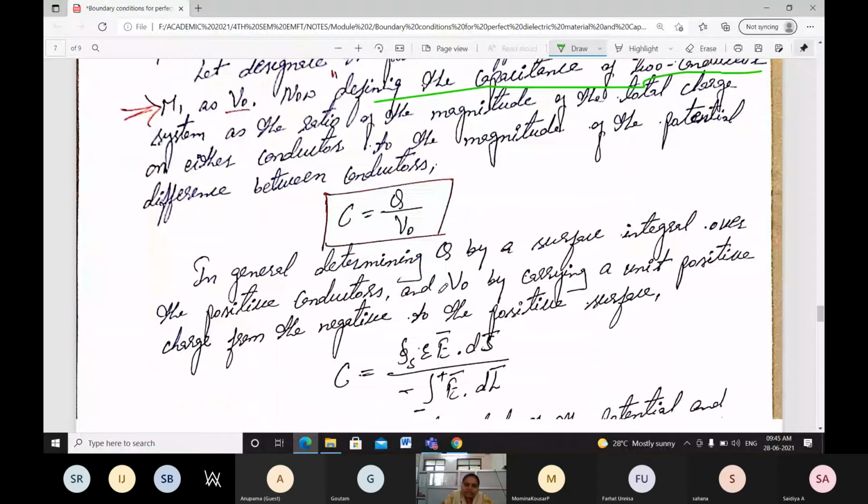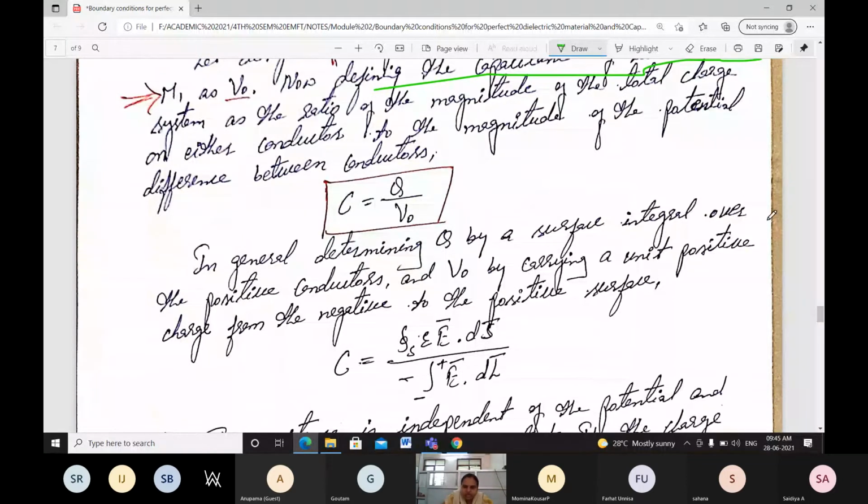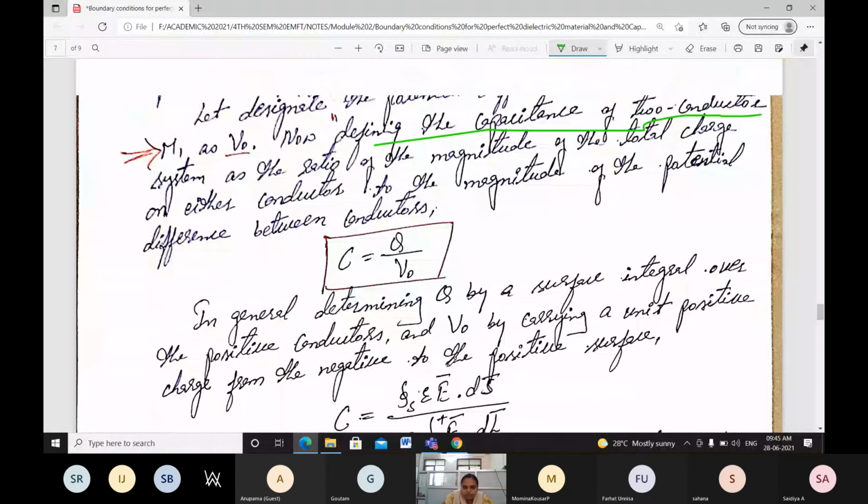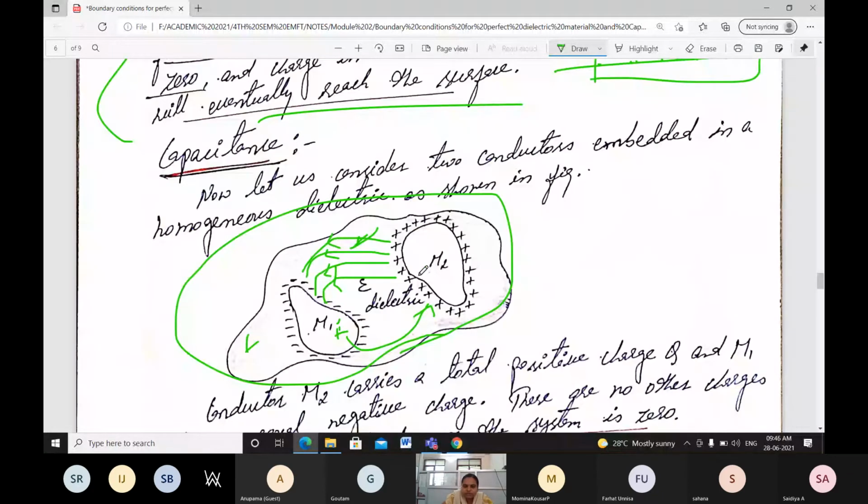In general, determining the charge by the surface integral over the positive conductor and V0 by carrying a unit positive charge from the negative to the positive surface, then the equation is going to be C equals the integral over the surface of E dot dS divided by minus the integral from minus to plus, where it is moving the difference from minus to plus,